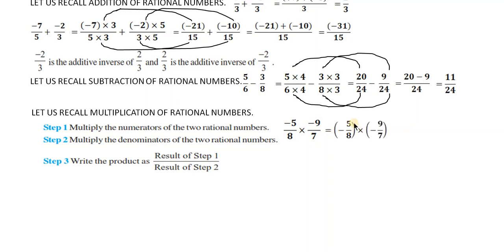So I will rewrite it with signs exclusively. Minus 5 by 8, I will write as minus times 5 by 8 magnitude. Minus 9 by 7, I will write as minus times 9 by 7. Now I will have to multiply these two, which means first multiply the signs and then the magnitudes. So it is written as minus multiplied by minus, separately here, and then 5 by 8 without sign. In the next step, minus into minus is plus, and this I know. 8 7s are 56 and 5 9s are 45, minus into minus is plus. So it has come like this.